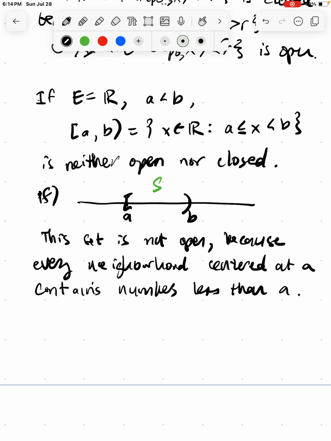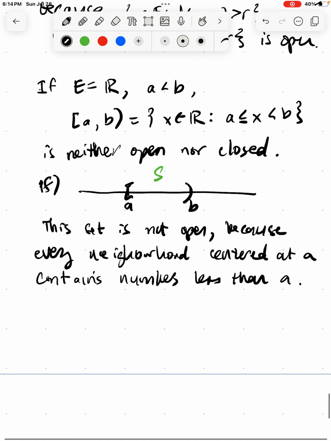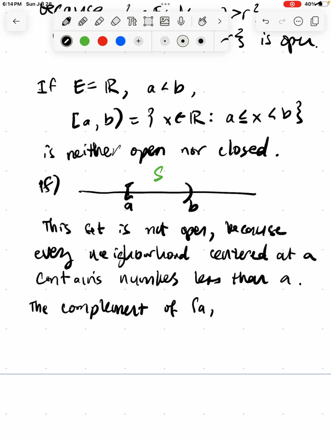Okay, so that shows why the set is not open. Now let's prove that the set is not closed. Well, in order to be closed, the complement would have to be open. But how do we know that the complement of this set is not open? Because,